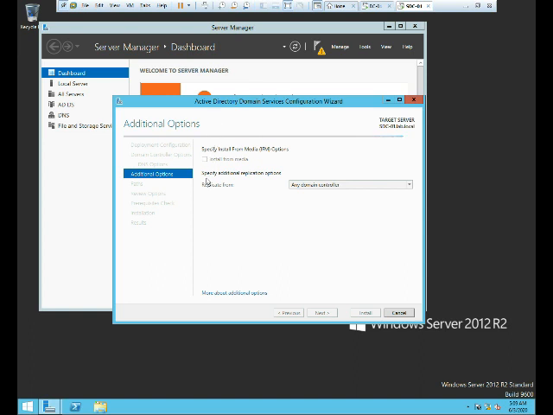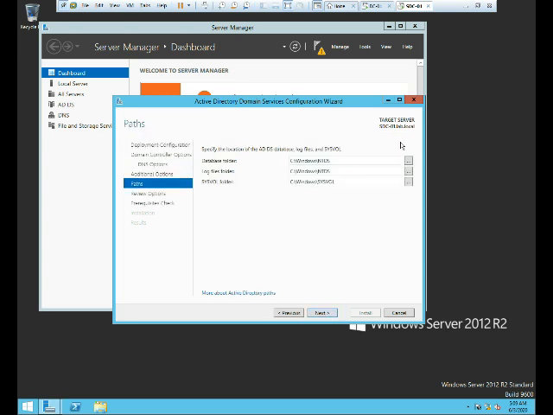Okay, this window is something new for us. Now click "from". Basically, if you have multiple domain controller servers and you are going to promote another domain controller, it's asking from which domain controller you want to replicate data. In our case we have only one domain controller, which is DC-01, so it's our primary domain controller as well. We want the secondary domain controller to communicate with DC-01 to take updates. So we'll just click this one, or if you have multiple domain controllers you can select any, but it's not good to do that. Always select the primary domain controller to get a proper update. So click next.